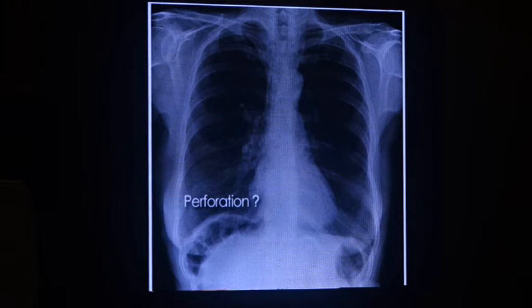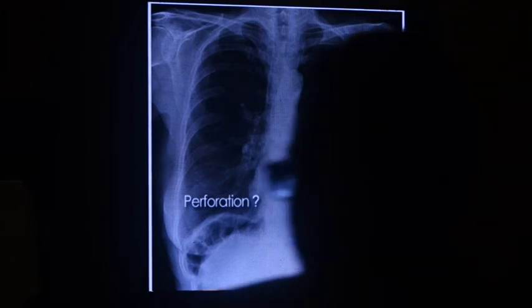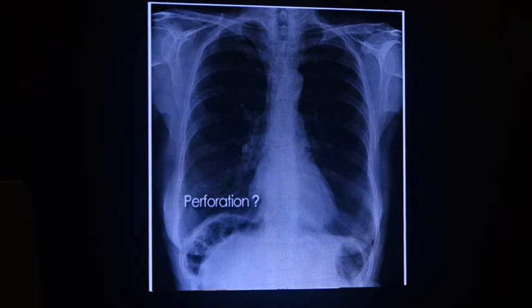So what is this? Yes, because Dr. Bhagchandani has already mentioned, Chilaiditi sign is because we can confuse the gas under the right dome of the diaphragm with perforation peritonitis, but we can see these mucosal folds. Basically, these are intraluminal gas present below the right dome of the diaphragm, and this Chilaiditi sign is present mostly in cirrhotic patients because the size of the liver becomes reduced, with hyperinflation of the lung as well as flattening of the diaphragm. Sometimes bowel gets interposed below the right dome of the diaphragm, and this can give rise to the Chilaiditi sign.